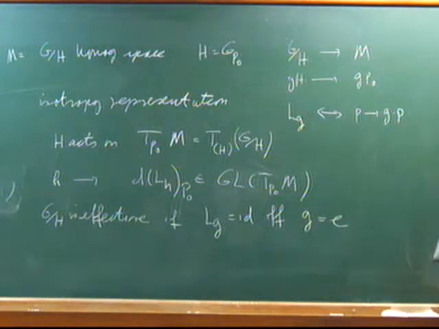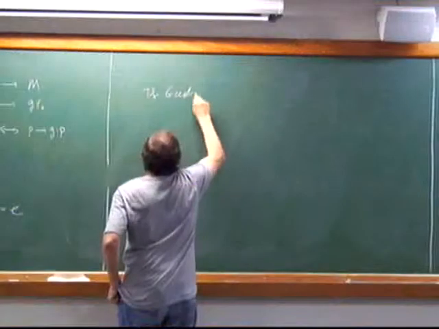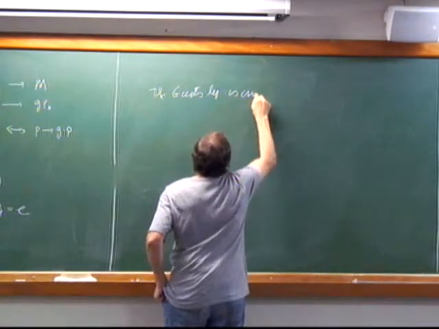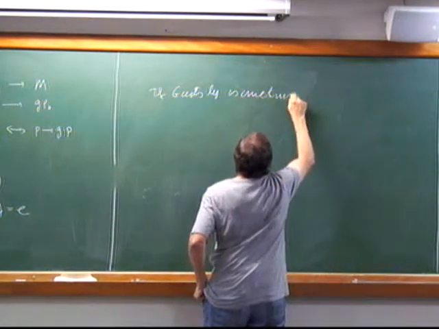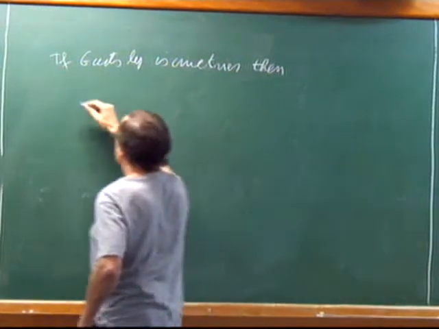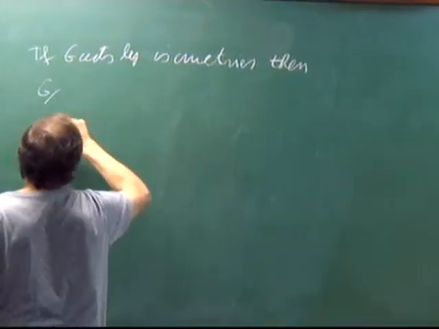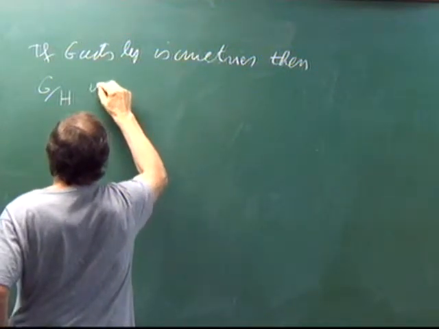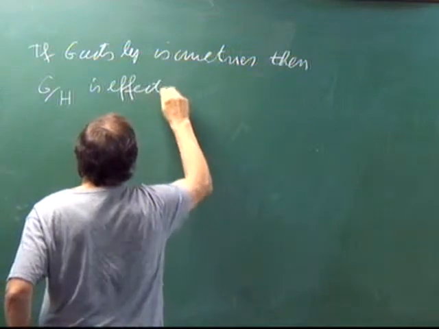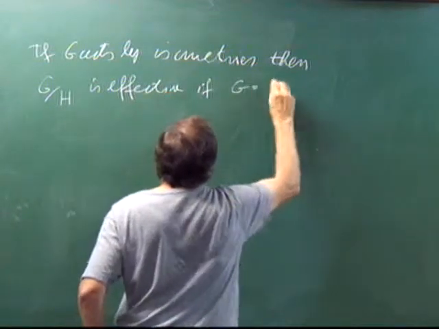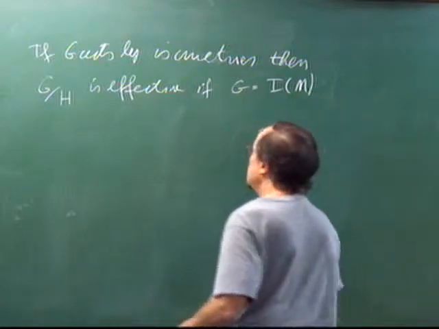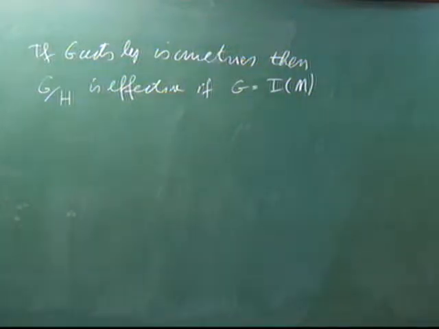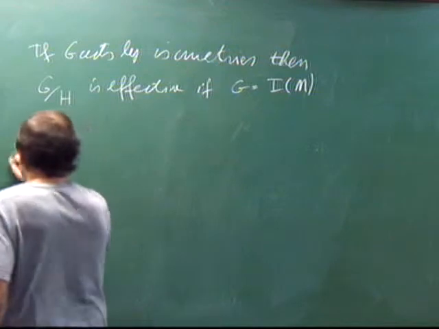So, if G acts by symmetries, then G mod H is effective. Say if G is an isometry group. Sorry, so if G is an isometry group, it acts effectively on M. What else? An example